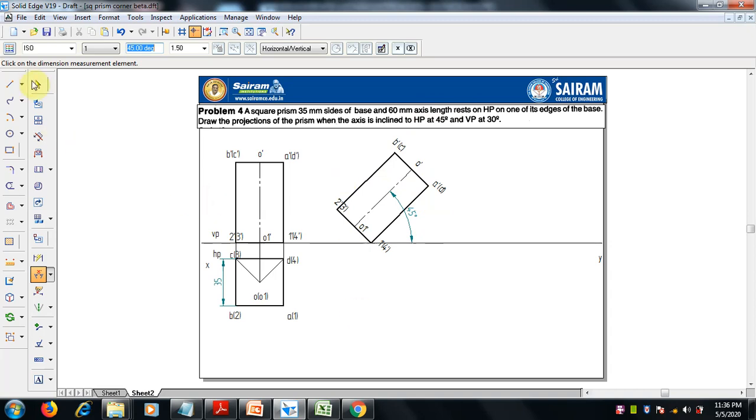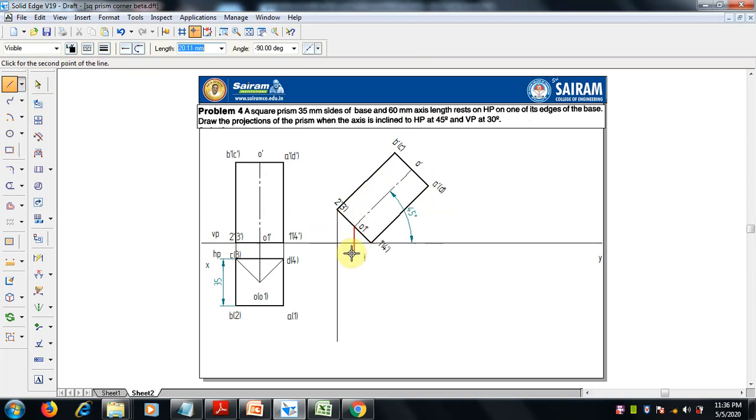Then we have to draw the projection. Select thin line, 0.13 mm thickness. From the end points, project all from the corners.